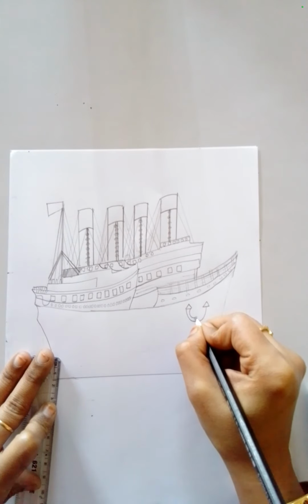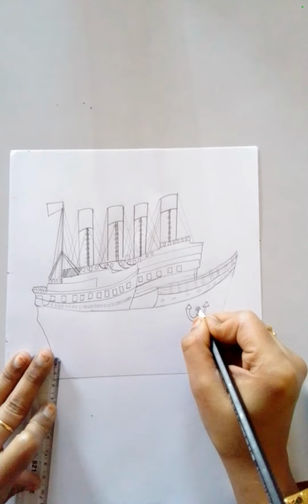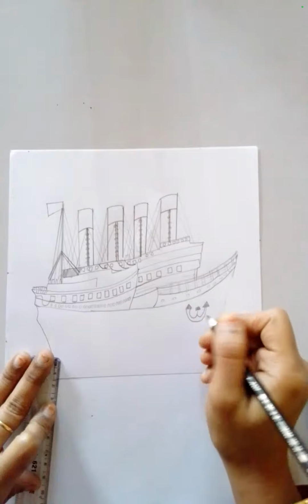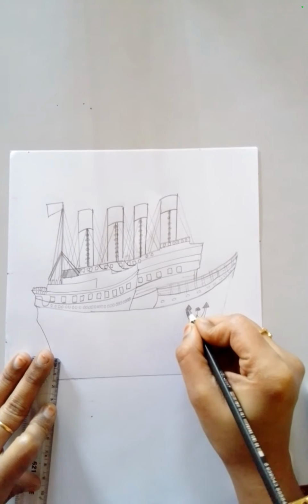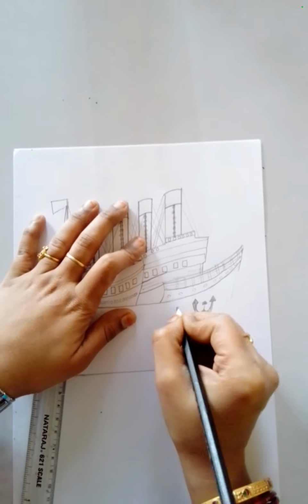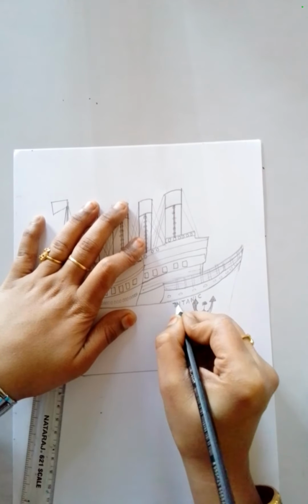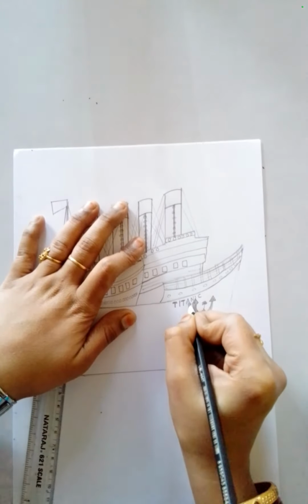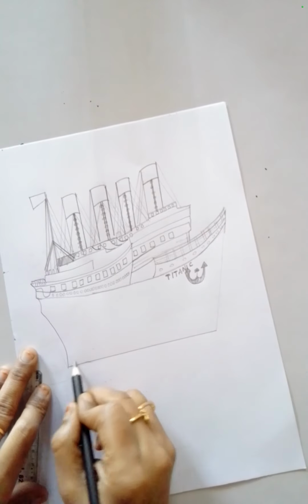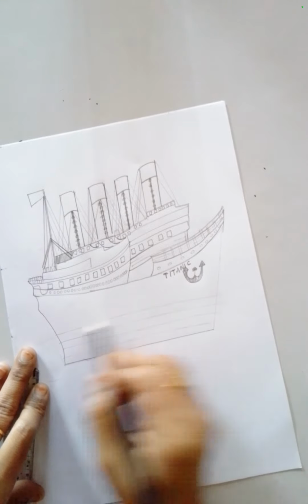The dimensions and layout: Titanic was 882 feet 9 inches, which means 269.06 meters long, with a maximum breadth of 92 feet 6 inches. Her total height, measured from the base of the keel to the top of the bridge, was 104 feet. She measured 46,328 gross register tons, with a draught of 34 feet 10 inches, 10.54 meters. She displaced 52,310 tons. All three of the Olympic class ships had 10 decks,